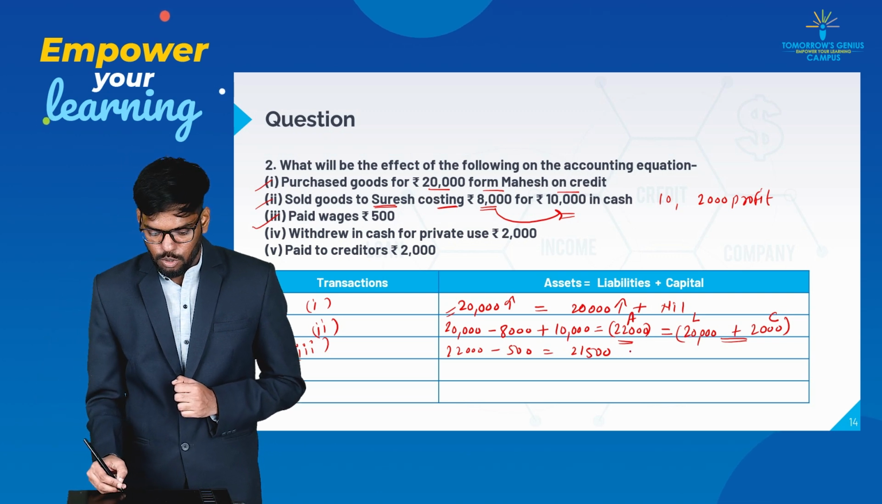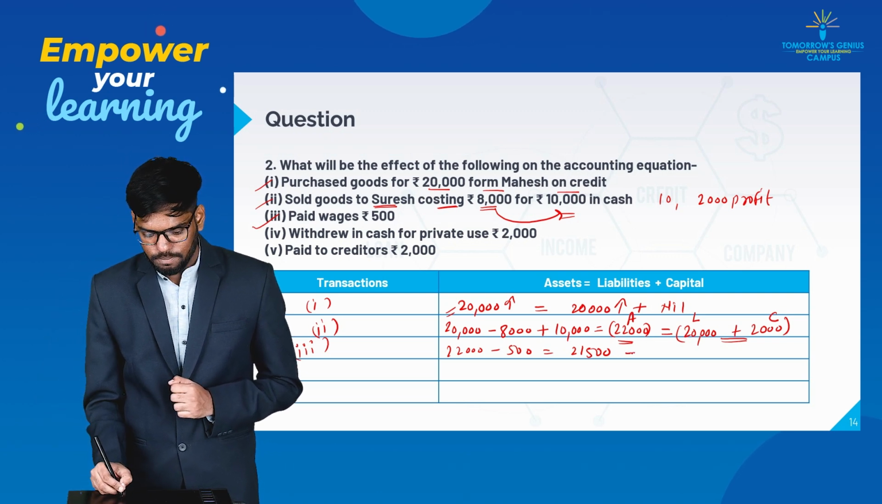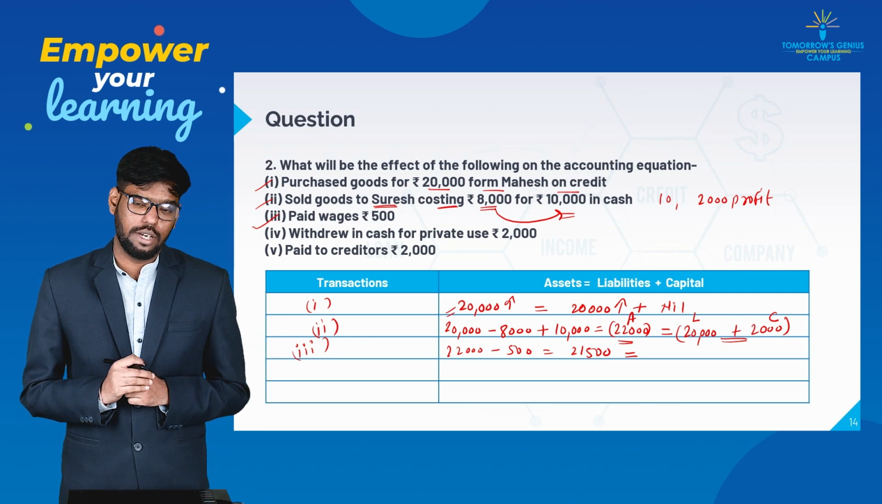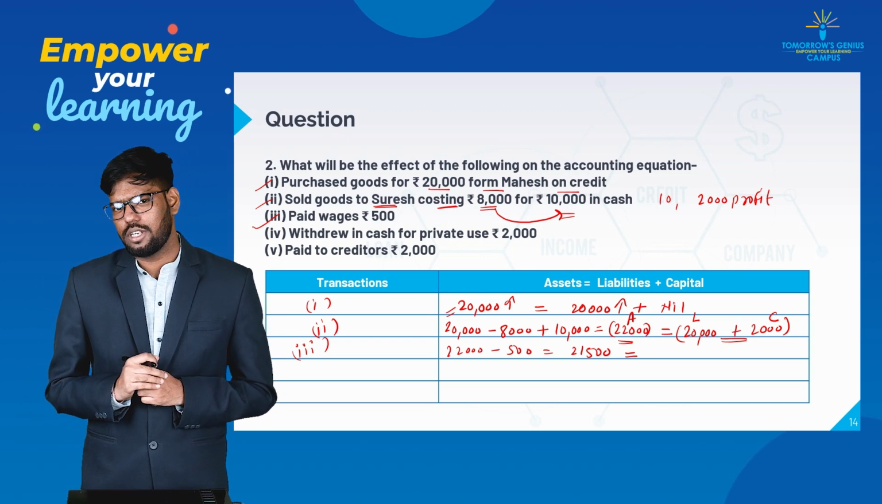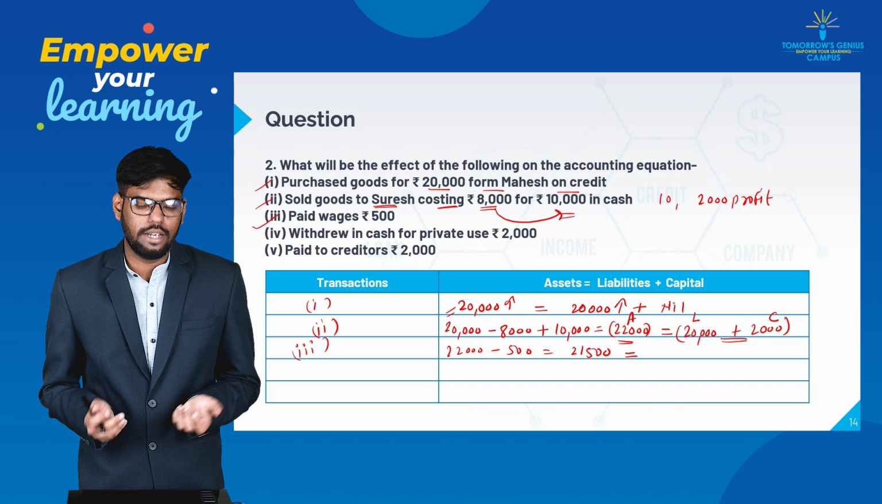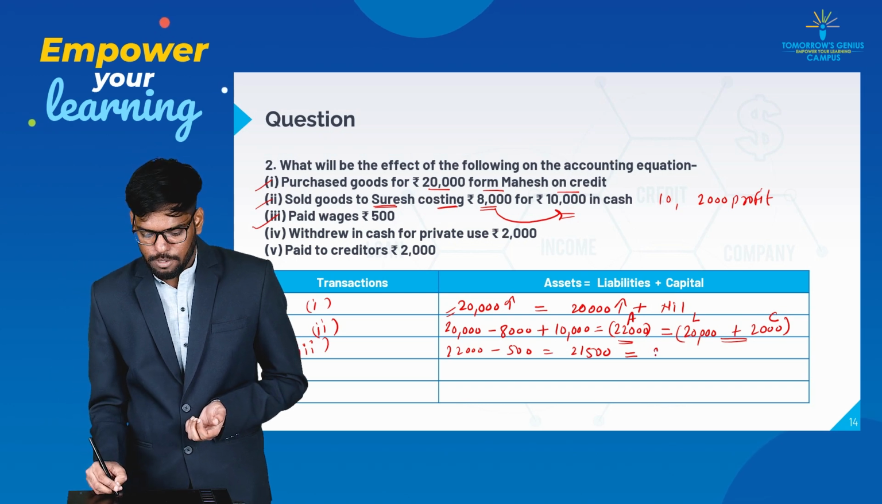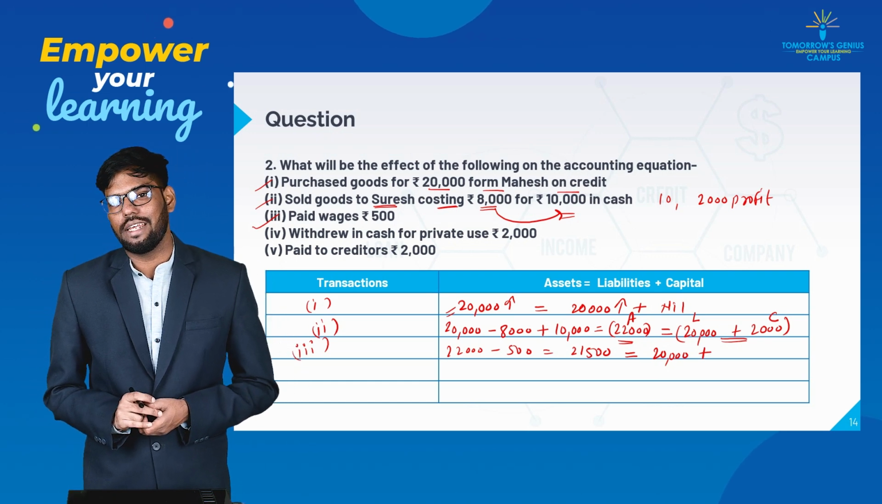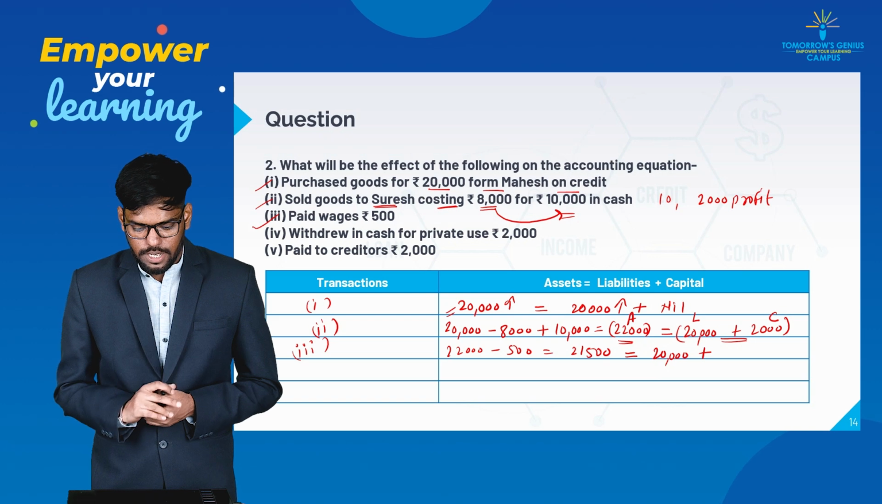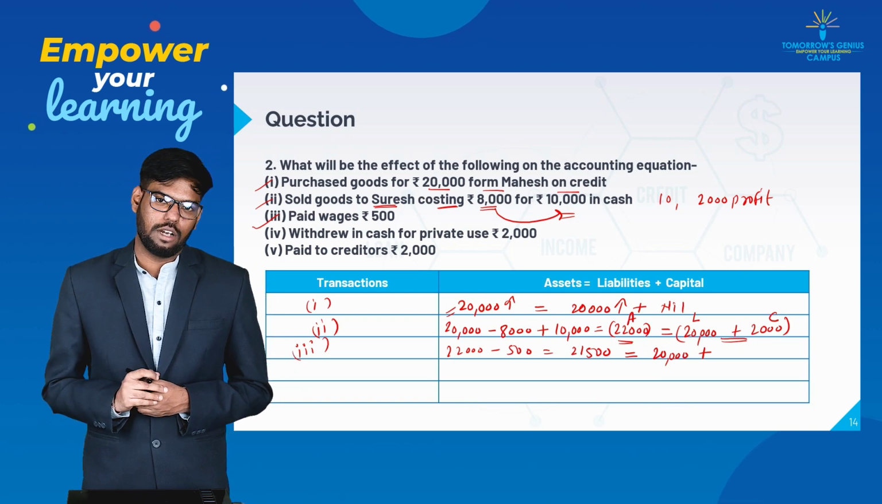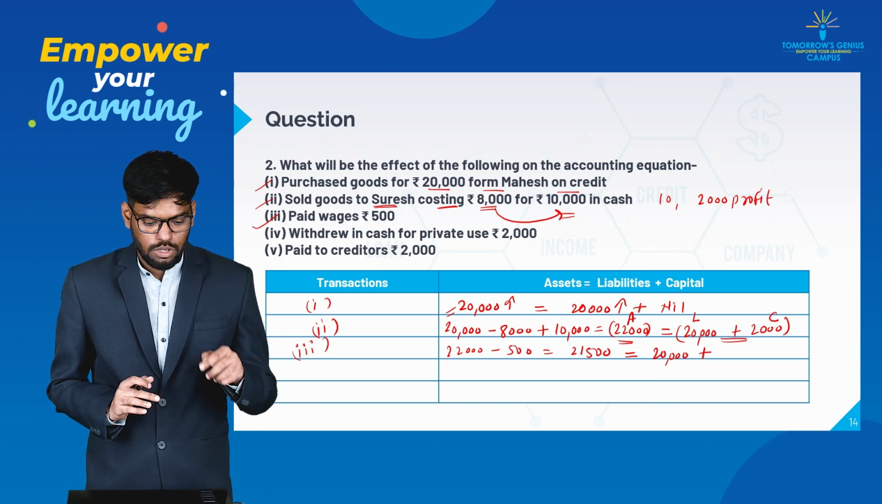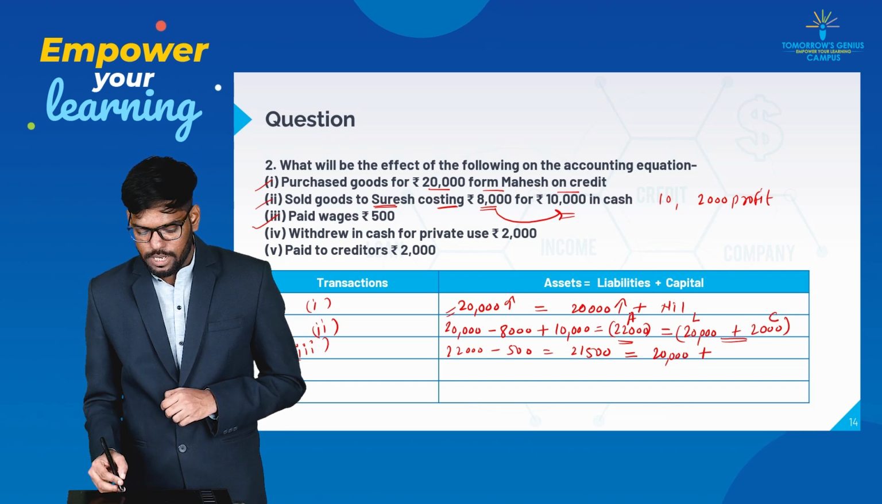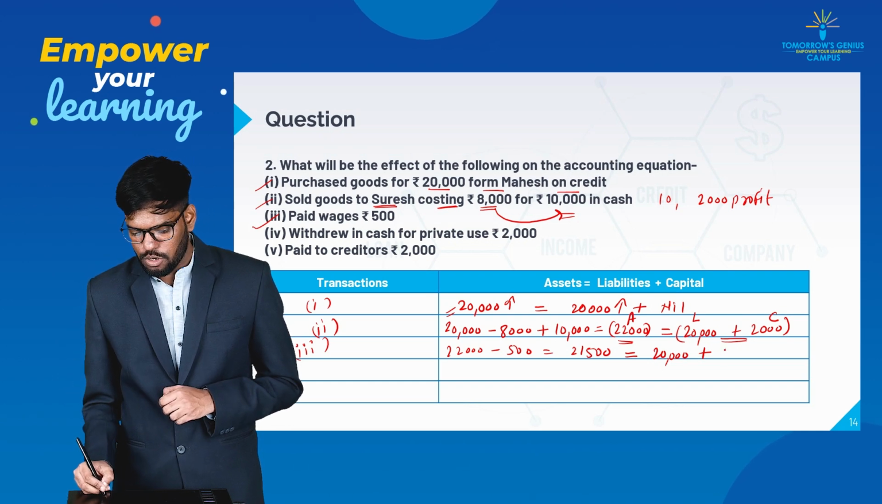And what about your liability and your capital? There will be no increase or decrease in liability as such because you paid wages. So the liability of rupees 20,000 will be as it is. What about capital? As we discussed, whenever there are expenses, your capital will decrease. 2,000 rupees of capital was there previously, and now because of this, your capital will decrease by rupees 500. So total of capital is